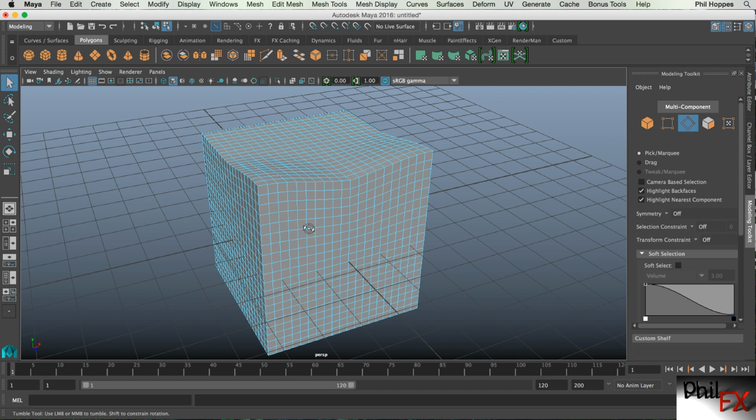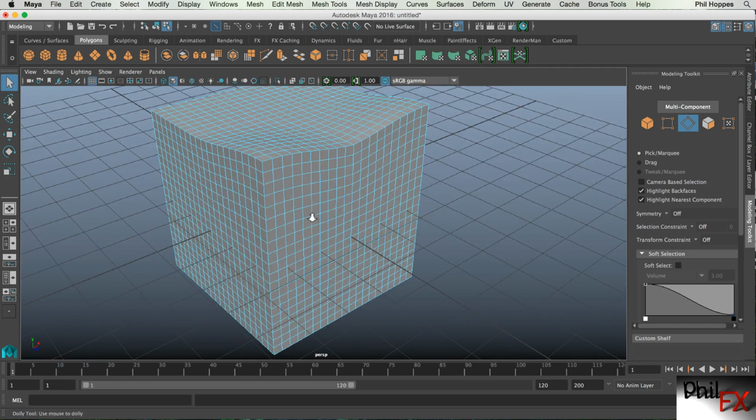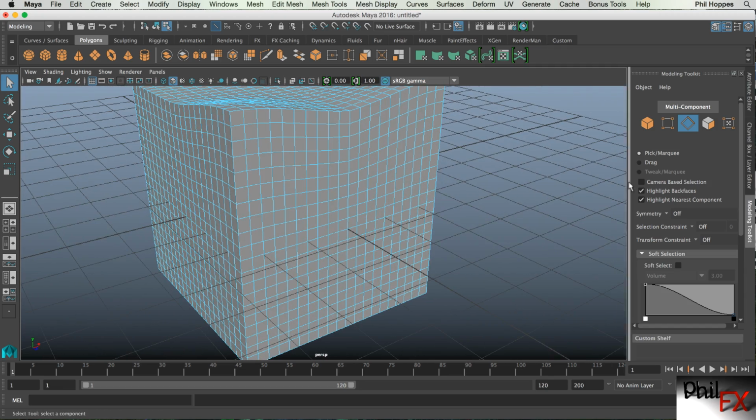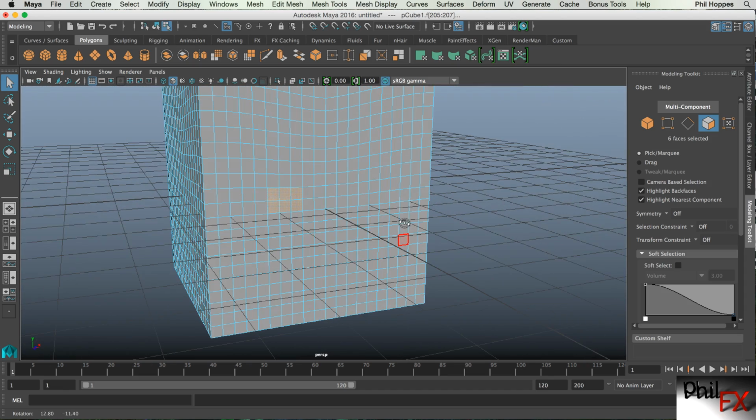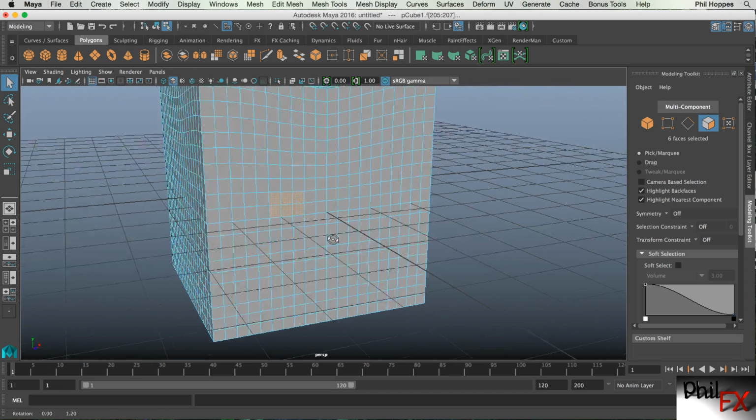edges first. And to do that, I do want to show there's a couple of unique things that you can do if you're in face mode. All right, and you may not have known this, but I can go in and I can shift select and I can select some faces. All right,